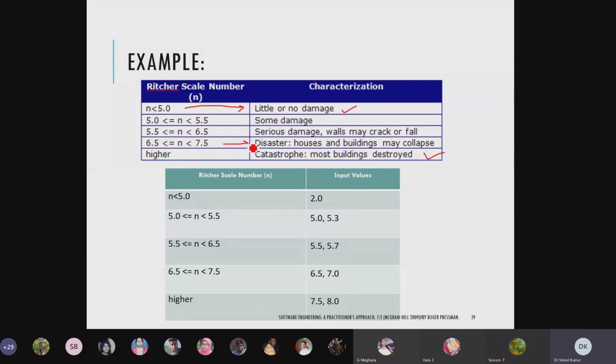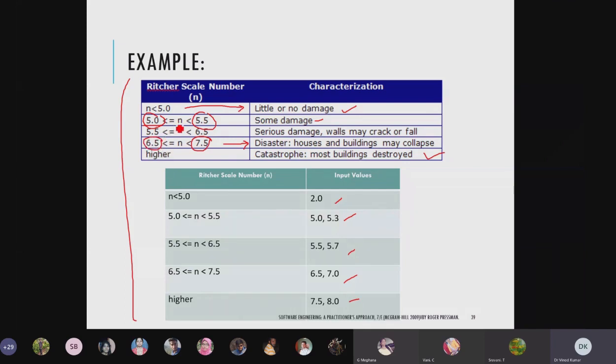This is the quantum of damage based on these scales. This is just for the sake of understanding the different values. This one is for some damage. You can see the boundary values are 5.0 and 5.5. At the level of disaster, the boundary value of higher is 7.5 and lower is 6.5.